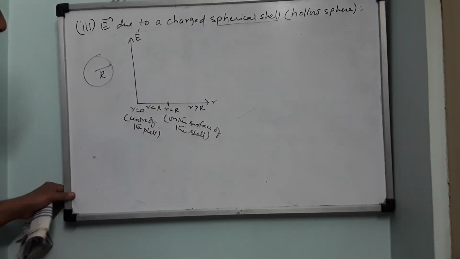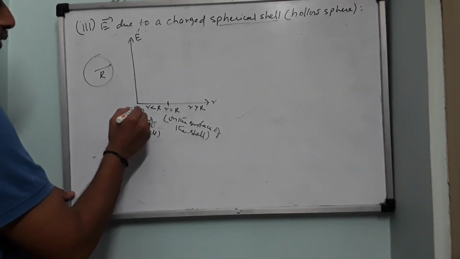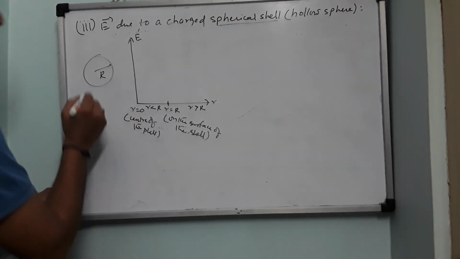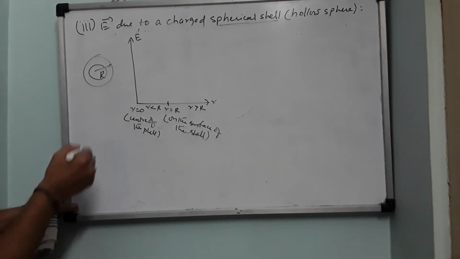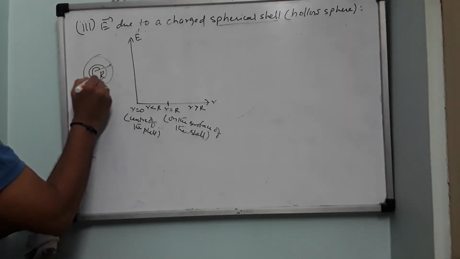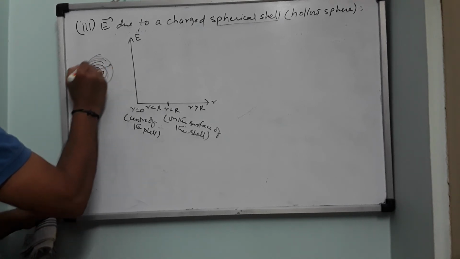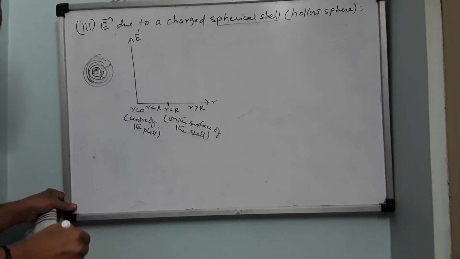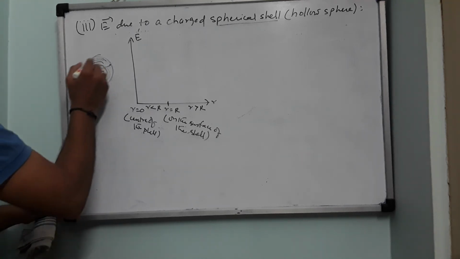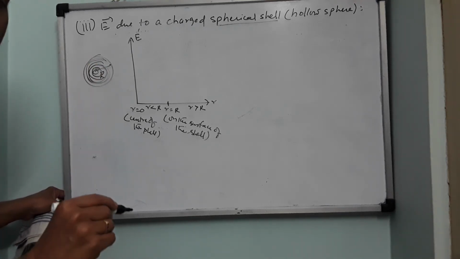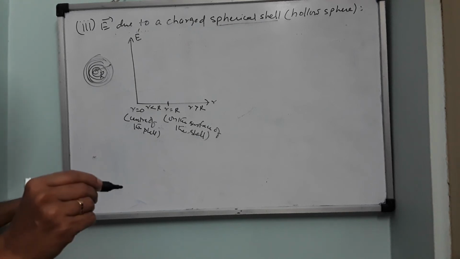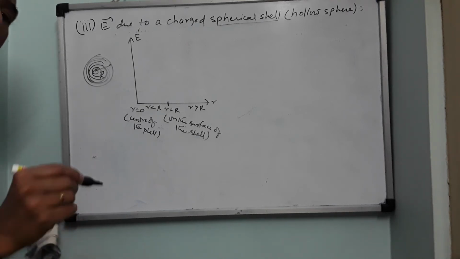So we proved in the last case the electric field from any point inside. We have drawn a Gaussian surface here and we proved that the electric field is 0. And what about here? The Gaussian surface is like this, and like this. All these Gaussian surfaces which are drawn inside the shell, none of them will encroach any charge. Therefore, the electric field everywhere inside the charged spherical shell will be 0. I repeat, the electric field inside the spherical shell at every point will be 0.